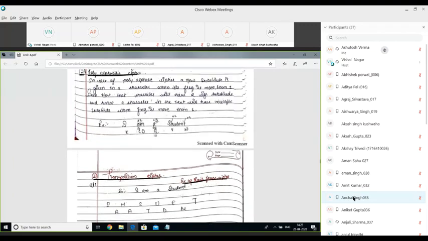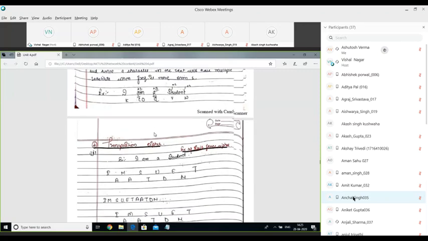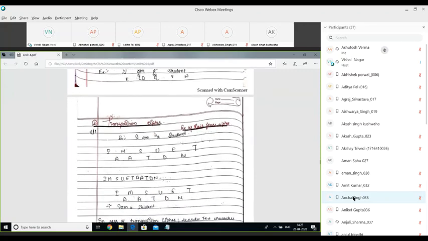In case of transposition cipher, as I told you, we reorder the letters in the text. Let's say this is the plain text, I am a student. We are going to write this statement in a zigzag manner.